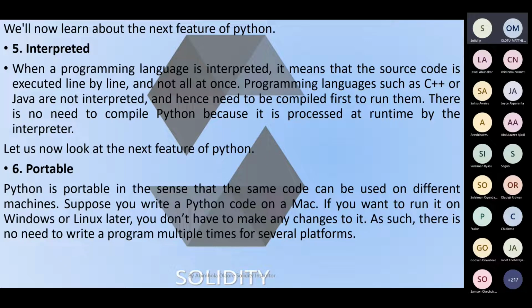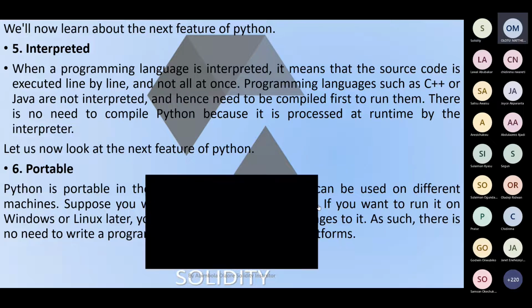Let us now look at the next feature of Python. That's the sixth one, portable. Python is portable in the sense that the same code can be used on different machines. Suppose you write a Python code on a Mac. If you want to run it on Windows or Linux later, you don't have to make any changes to it. As such, there is no need to write